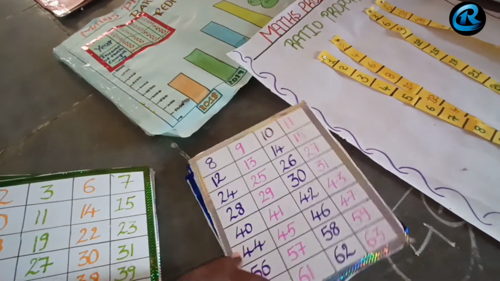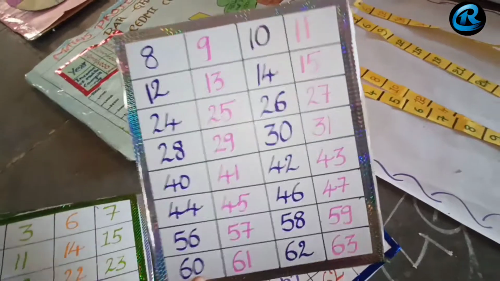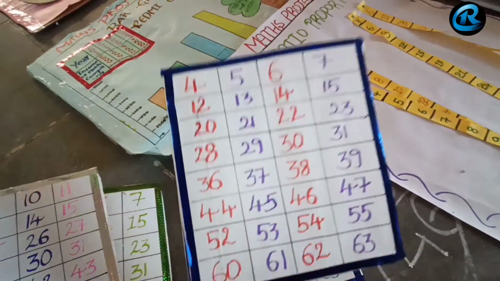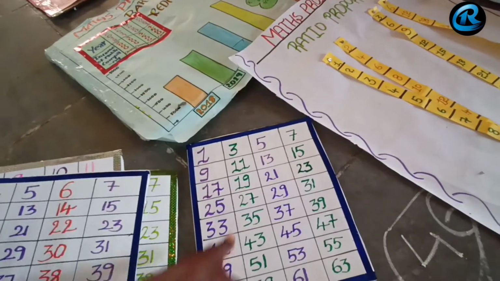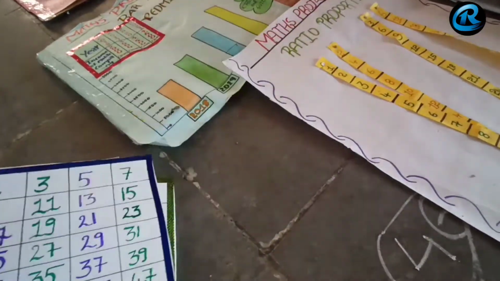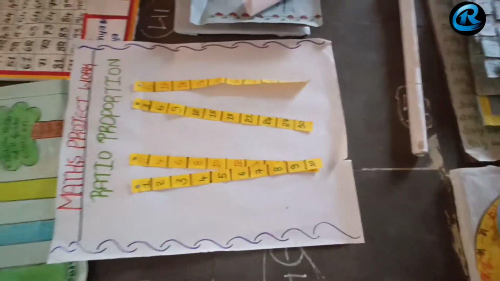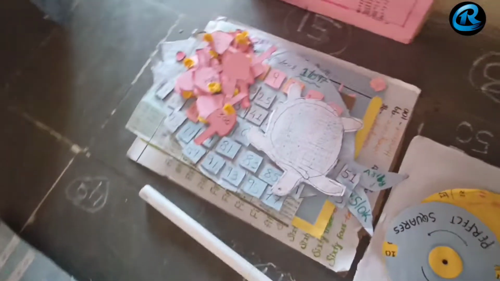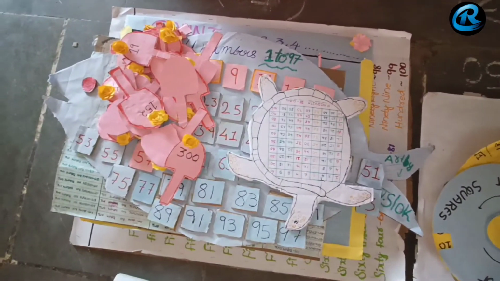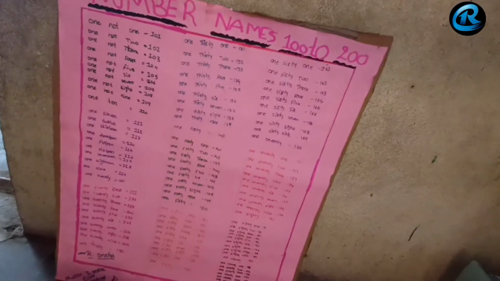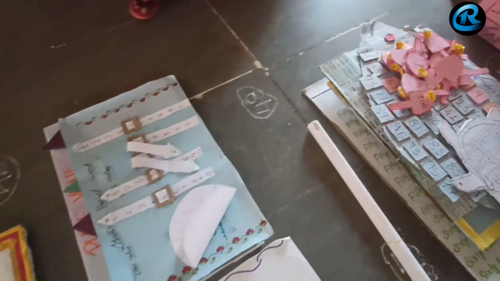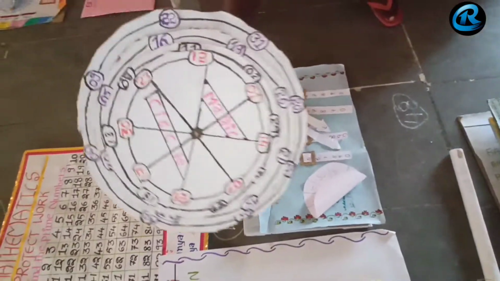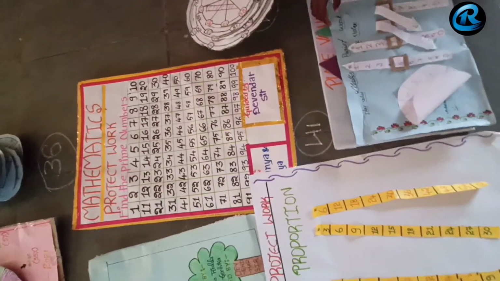There is a separate video that will come on it. You can see that it is a very interesting game. So it attracts the children. So we go to the next: ratio and proportions project work, and it is simple to make the children understand the numbers, about number names, ONE 1, TWO 2, like there are many kids' projects here. And next it is a magic circle project.